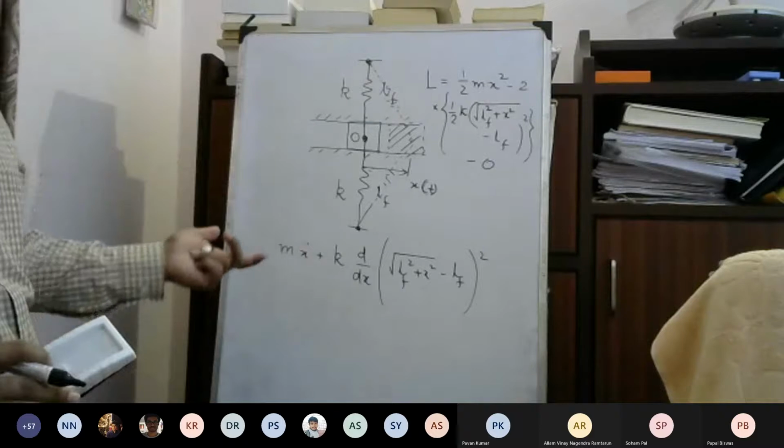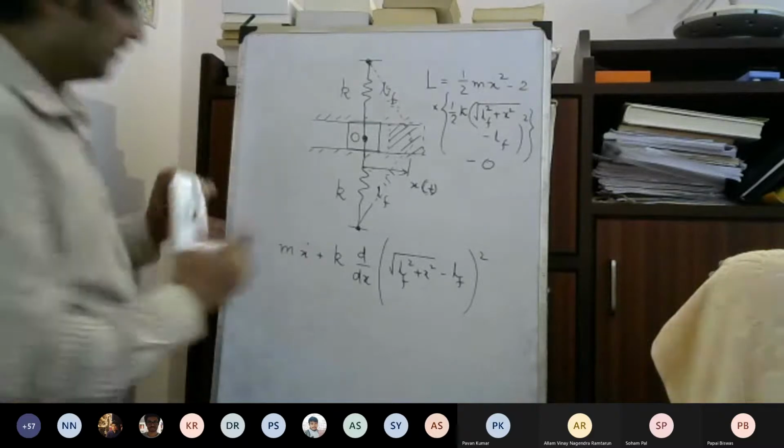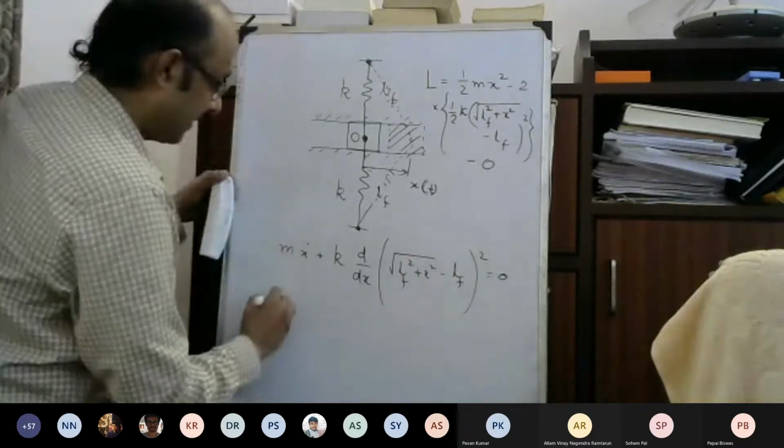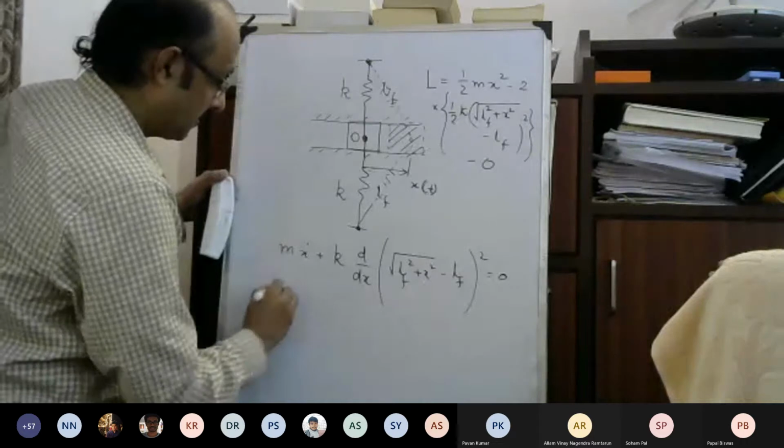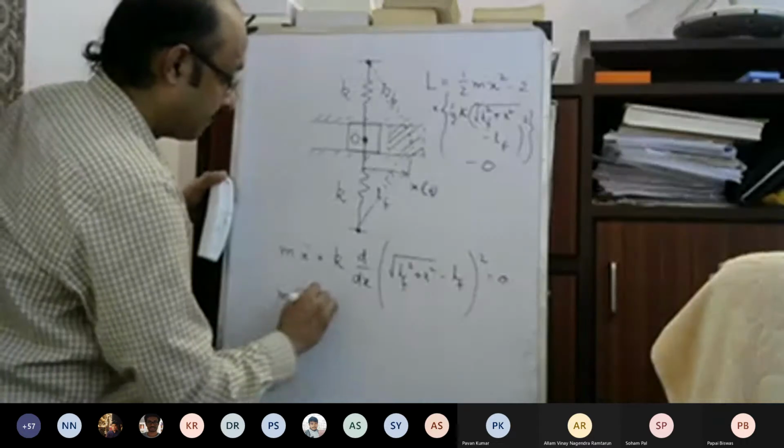Okay, so we'll get that value. So this becomes equal to 0. So m x double dot plus 2k